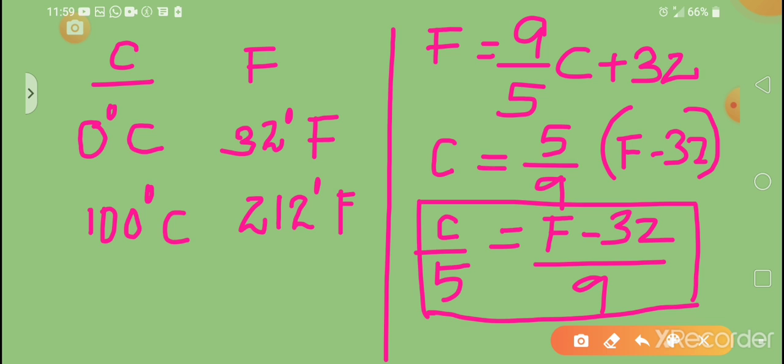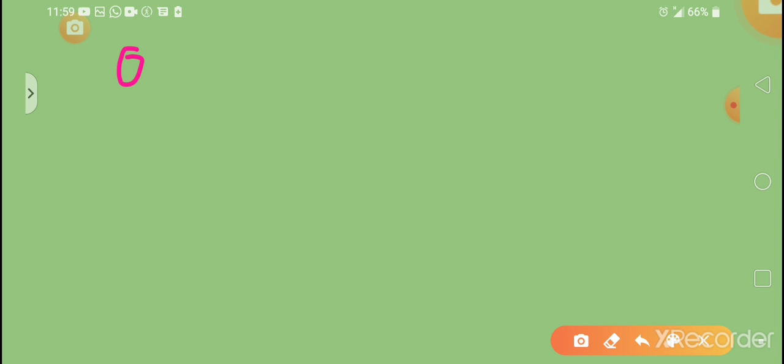So this one you should learn by heart. Then only we can convert degree Celsius into Fahrenheit. Okay, so C by 5 is equal to F minus 32 by 9. Okay, you should learn this relationship by heart. Okay. I will show you one example. So we need to convert degree Celsius into degree Fahrenheit. So let us check how we can use the relationship to convert degree Celsius into Fahrenheit.